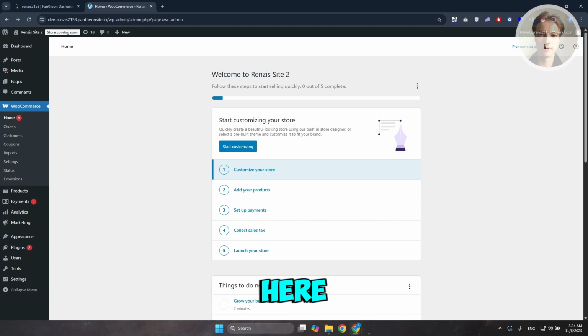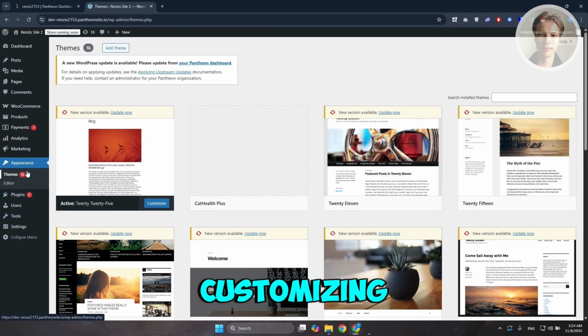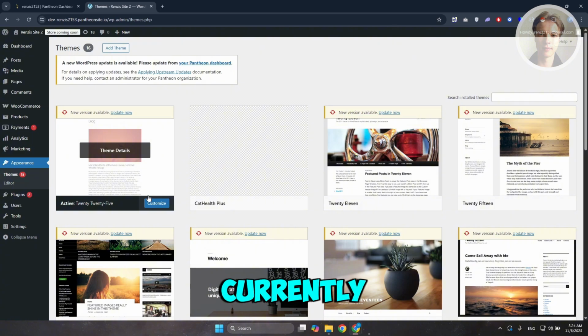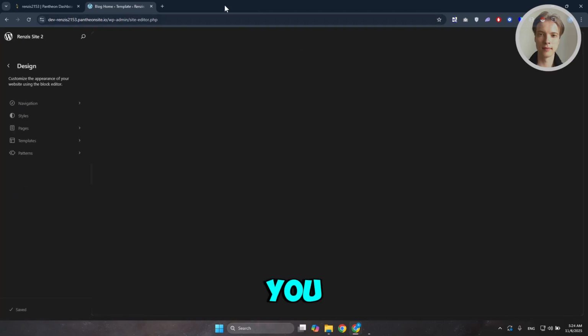Now, first things first, you want to go and just log into your admin page or your admin website here. Now at the left side, you want to go and just look for appearance. Let's go and just click on it. And in here, you want to go and just start customizing whatever current theme you currently have. But let's go and just click on the editor here at the left side